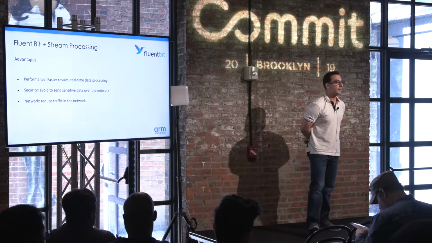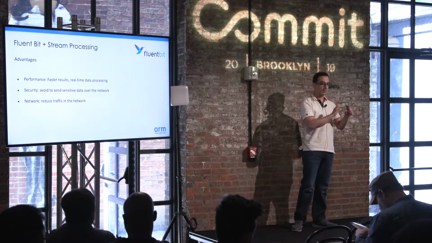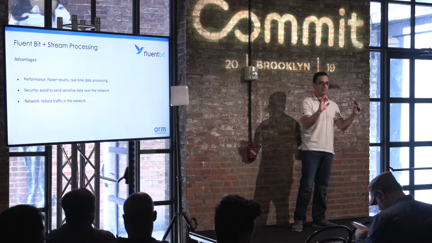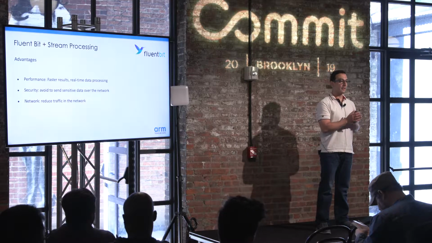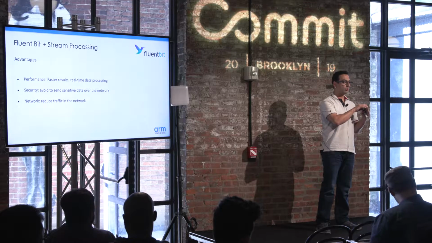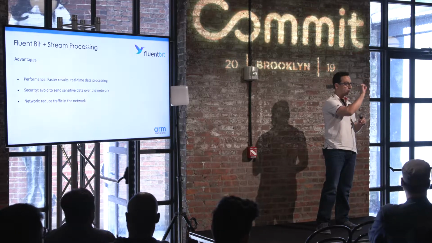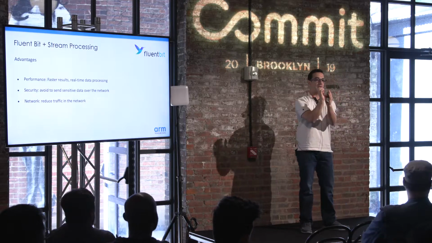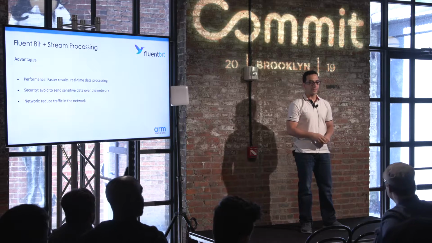Okay, the question is whether you can do the processing in just one node, or if you have a load balancer and different nodes generating data, can you do the processing for all this group of data or nodes? Yes, the answer is yes, because Fluent Bit and Fluentd are designed to work in a network mode, so they can process the data and also they can talk to each other. So you can collect data from Fluent Bit, aggregate all of it in just one Fluent Bit and do extra processing there. So it's up to you. Yes, it's possible.